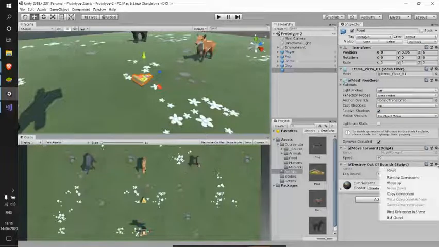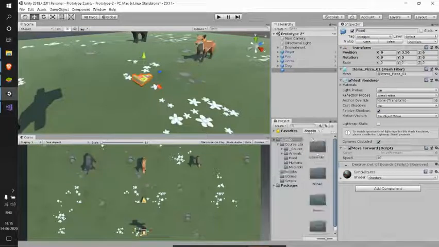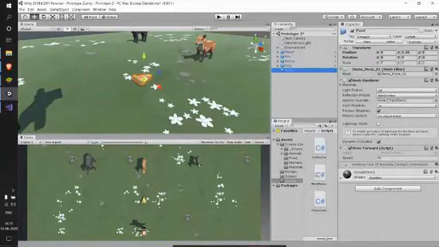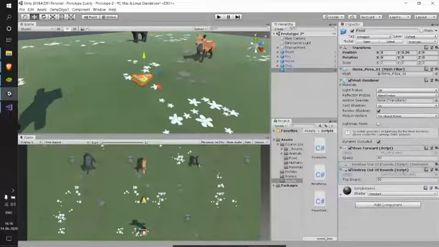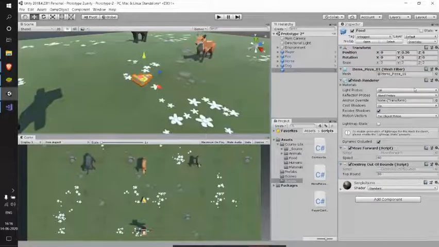Let me remove this component and attach that again. I'll open my scripts and attach this again. Now again I need to override this. See here it says minus destroy out of bounds, plus destroy out of bounds. So there are two changes here: removing the component and adding the component. When I apply all, it does both things and it will be the same.